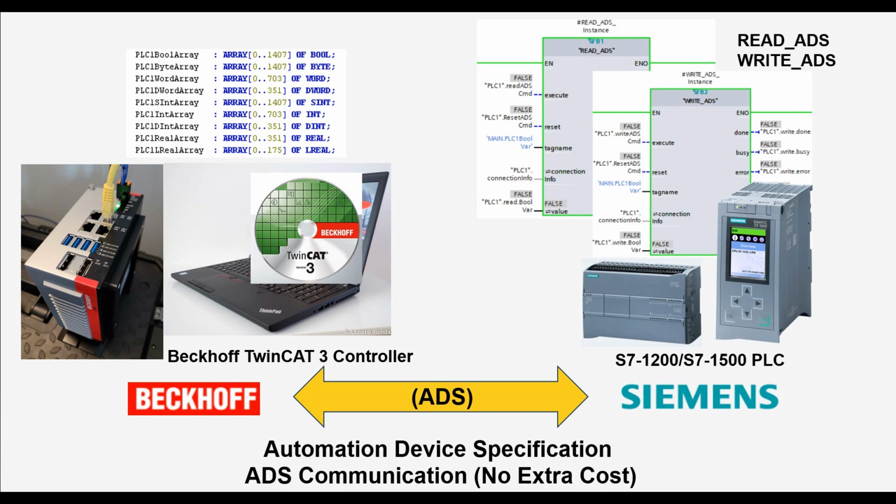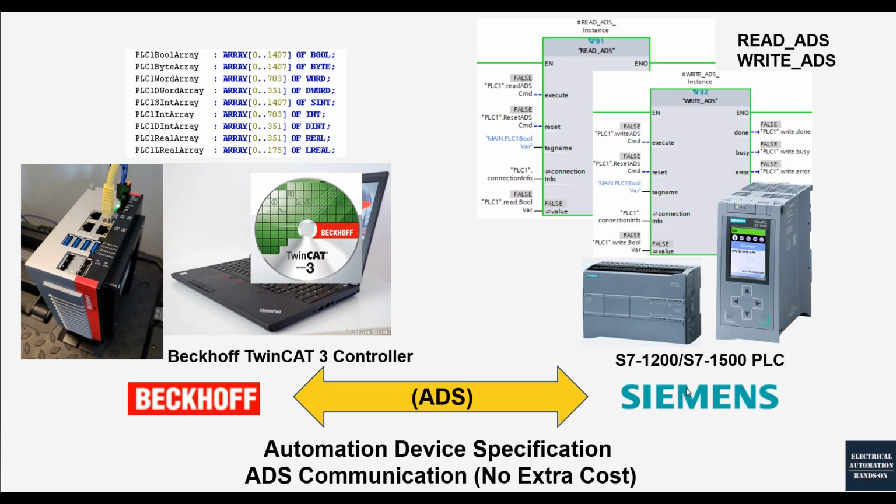Hello everyone, in this video I'd like to introduce how we can set up the Beckhoff ADS communication between a Beckhoff PLC and the Siemens S7-1200 or 1500 PLC. As we know, the default communication from the Beckhoff PLC controller is ADS, its full name is Automation Device